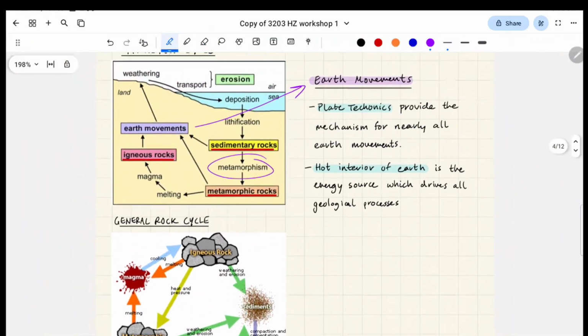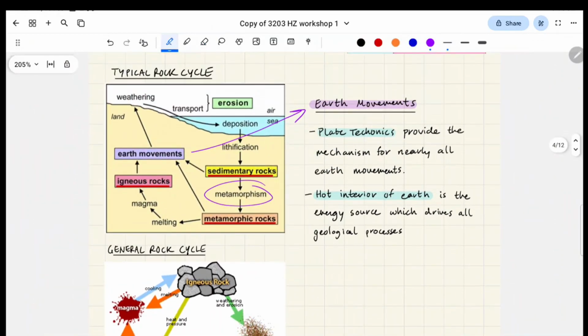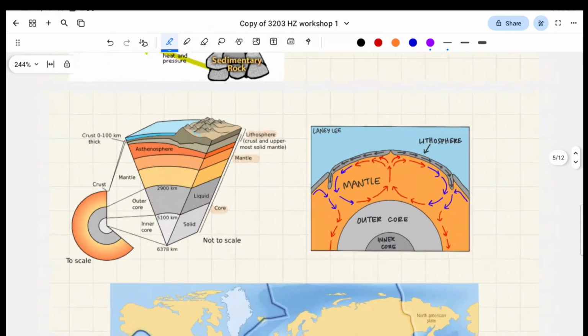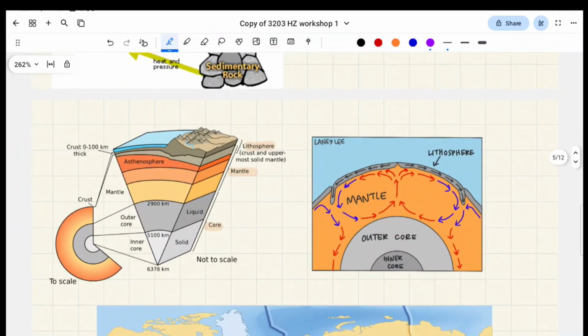But yeah, sorry. So, Earth movements, right? I'll just show you down here. So, essentially the largest scale that you're gonna have to deal with in this course is the entire Earth, right? And specifically, dig into the layers of the Earth and highlight here. You've got your lithosphere, which is basically the crust. That goes into the mantle, which is deeper, and then in the core, right? And there's all these sub-layers which you can refer to, but these are the general 3 terms that you'll be using,